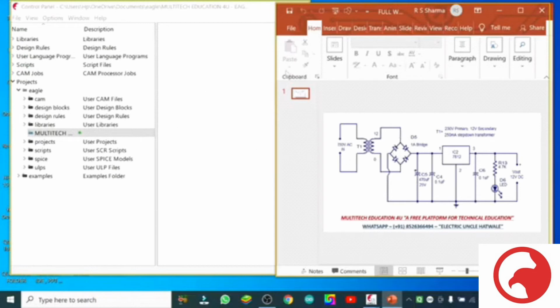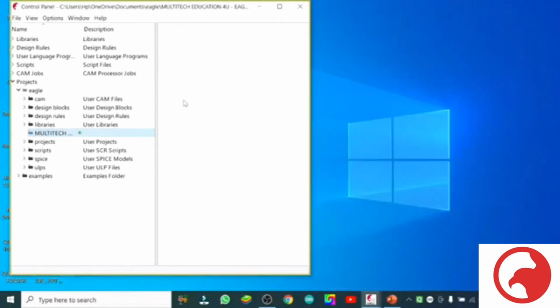So I will give the name to the schematic, full wave rectifier schematic. We will work on this drawing of full wave rectifier. All the components we will drag from the library, then make wiring.